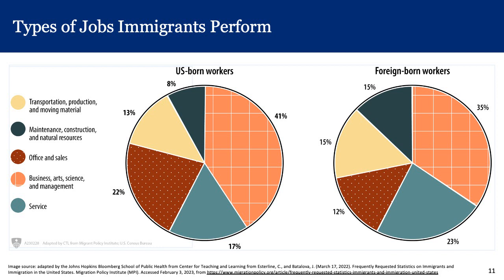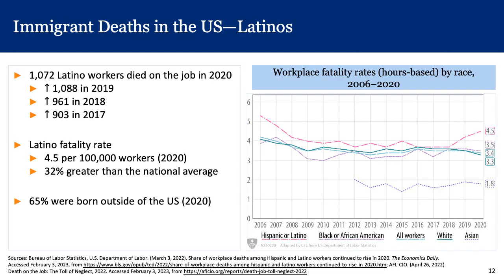It's critical to note that foreign-born workers make up a large majority of occupations, including construction and agriculture, two industries with the highest fatality rates. For example, according to the U.S. Department of Labor Statistics, data repeatedly show that immigrants and workers of color are more likely to suffer injuries or even die from dangerous working conditions. Particularly, Latino workers are more likely to die in the workplace compared to other racial and ethnic groups. It is reported that deaths among all Latino workers have been steadily increasing.